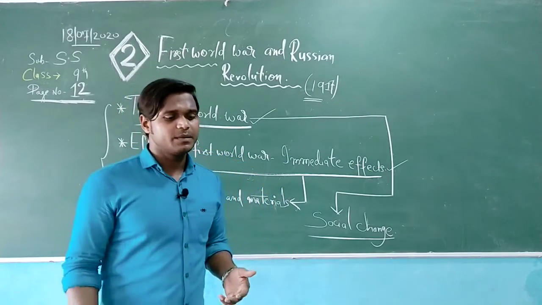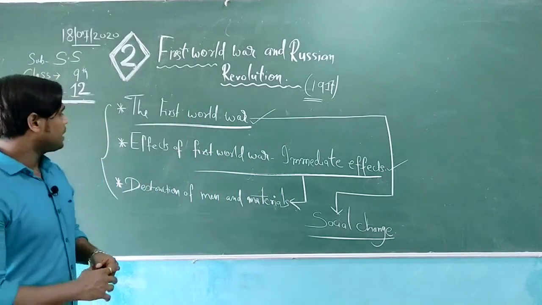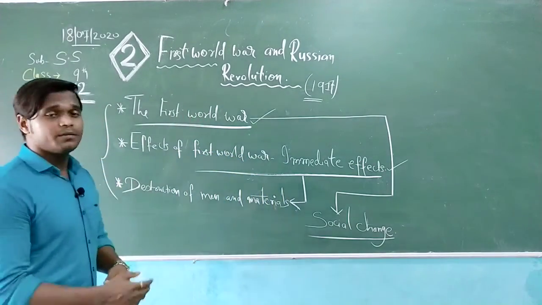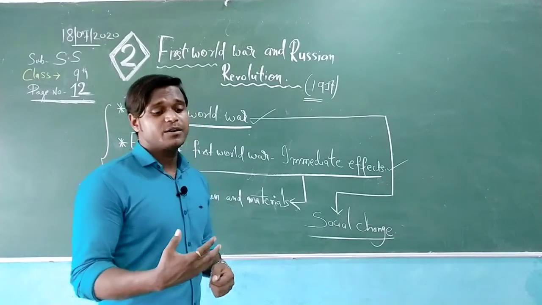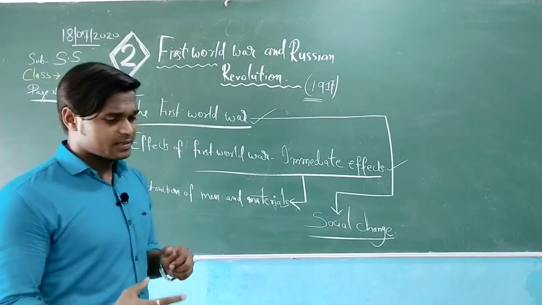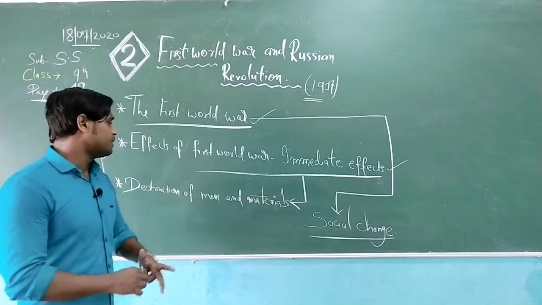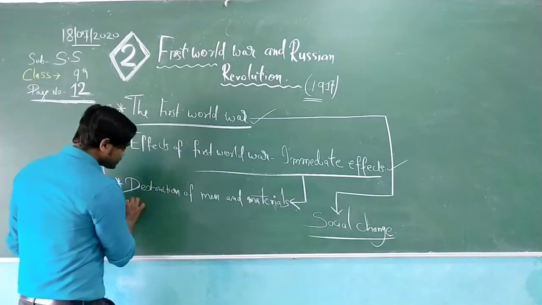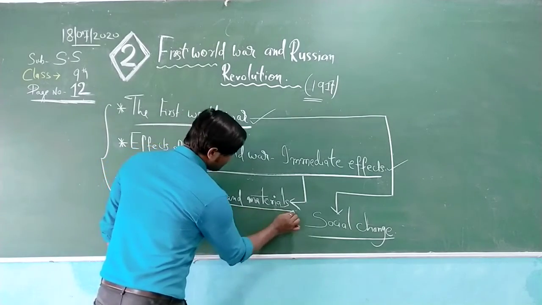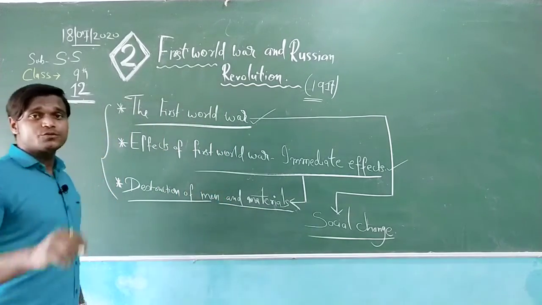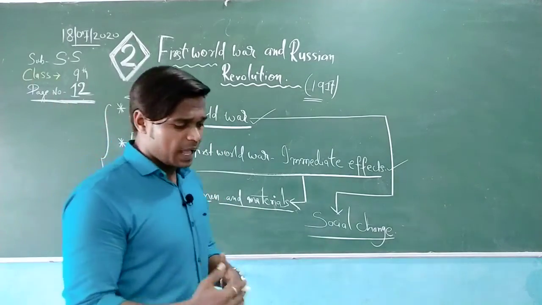So if we go further, my dear students, the destruction of man and material and the effect of the World War can also be seen in the immediate cause. So we can understand here that the immediate cause was related with the destruction of man and material. Now we'll study about this man and material, and then we'll move to the social change also. So we need to understand approximately